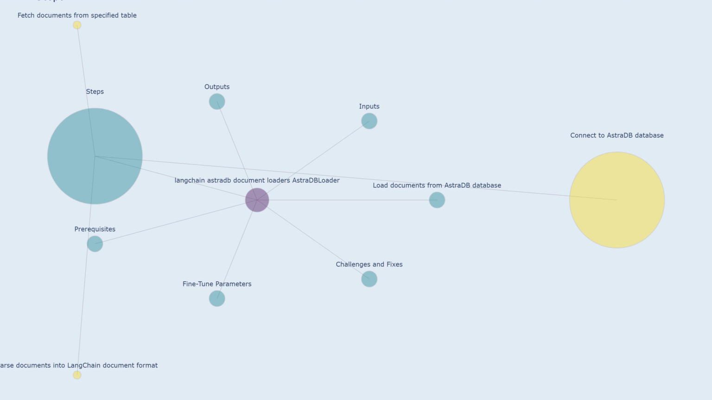Steps. The first step in the loading process is establishing a connection to your AstraDB database using the provided credentials. This involves authenticating with the database using the API key and secret to verify your identity and grant you access to the database. Once authenticated, the loader establishes a connection to the database, enabling it to interact with the data